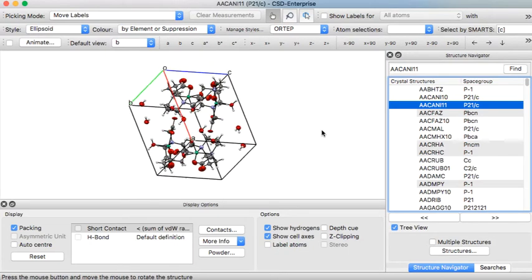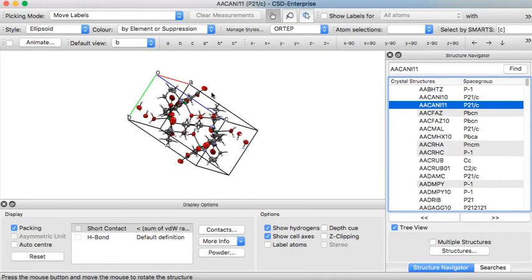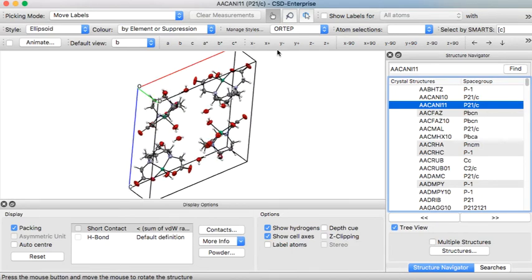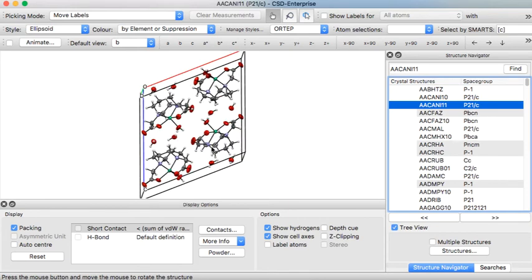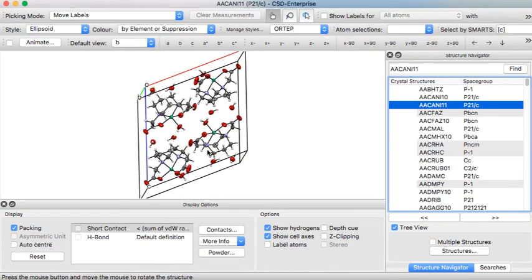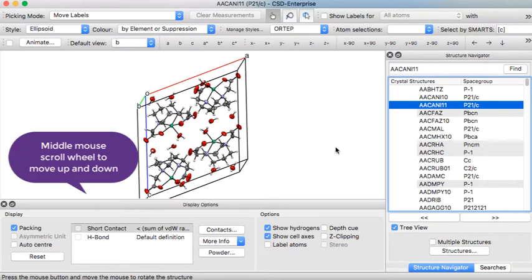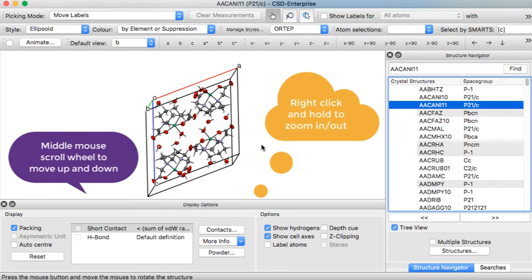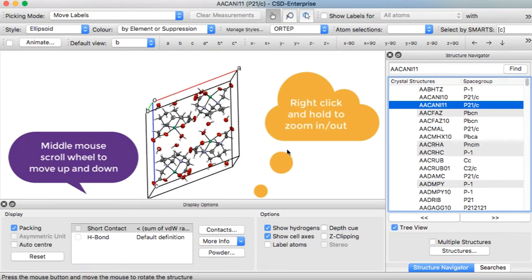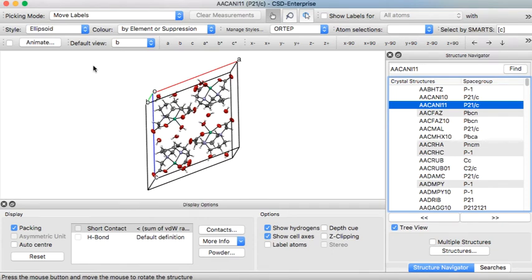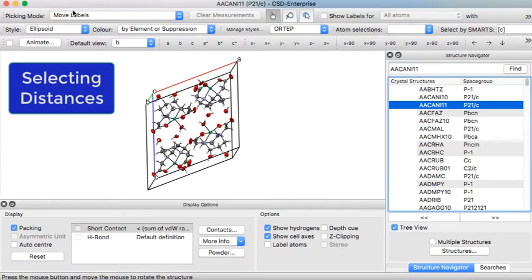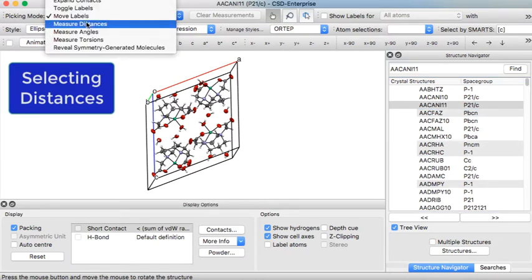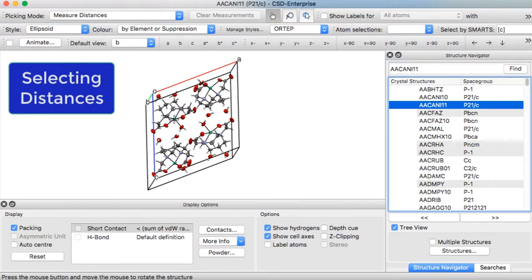For the figure that I want to make, I want to show distances between 2 of the metal centers. In this case, I'm going to rotate it at an angle that I think looks good. Scroll up or down. Zoom out is with the right click. For selecting distances, under picking mode, I can click on Measure Distances. I can click on the first metal center and then on the second metal center, and it'll now show the